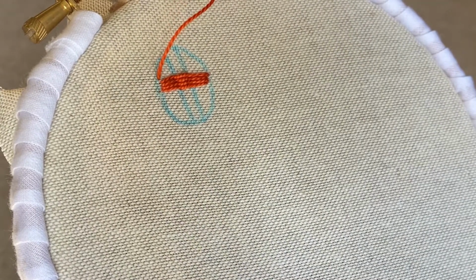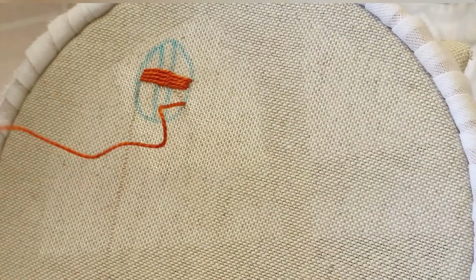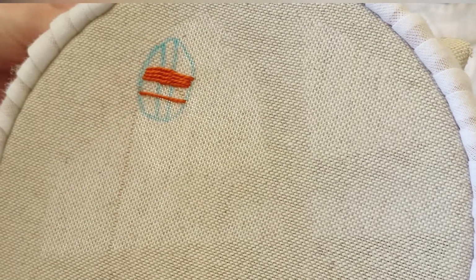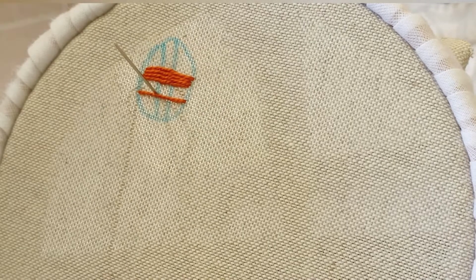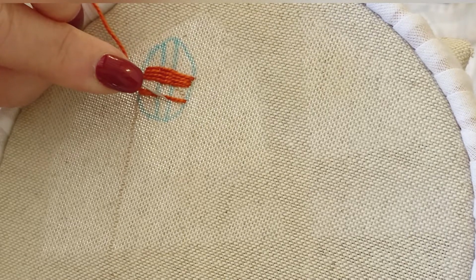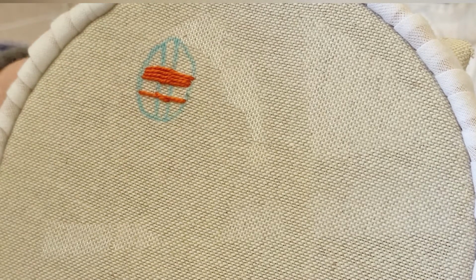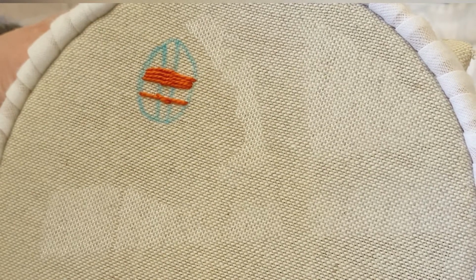Now I just want to quickly show left-handers. If you're left-handed, you'll come up on the right and go down on the left, and then come up on the first tram line and go down, securing that stitch just below it there, and then go back to the right,